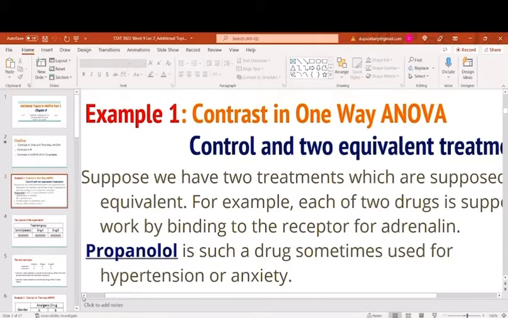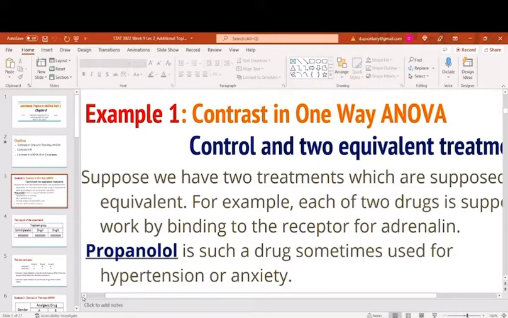Now, I want to walk you through an example right now. How do we construct contrast? I want to start with an example from one-way analysis of variance. In this one-way analysis of variance, I am looking at the effects of two drugs relieving